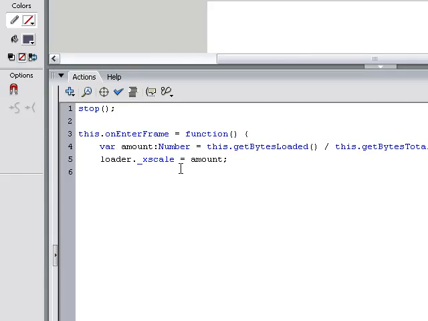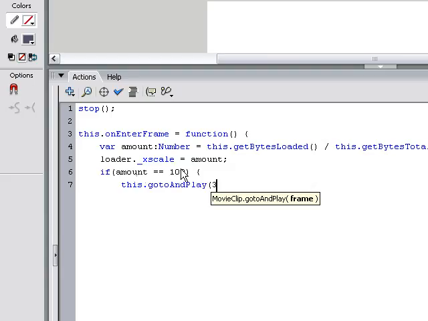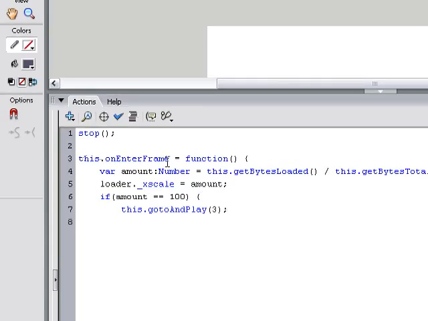So I'm just going to do a quick check. So I'm going to say if amount is equal to 100, this.gotoAndPlay(3). And now since we've already finished with our preloader, we want to make sure that we get rid of this onEnterFrame so that it's not continuously running unnecessarily. So I'm just going to say delete this.onEnterFrame